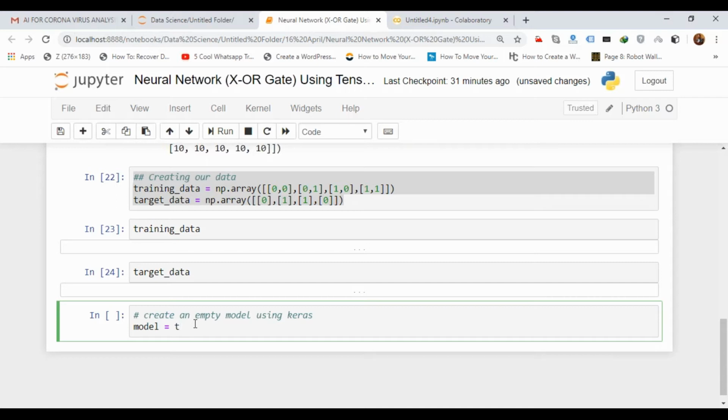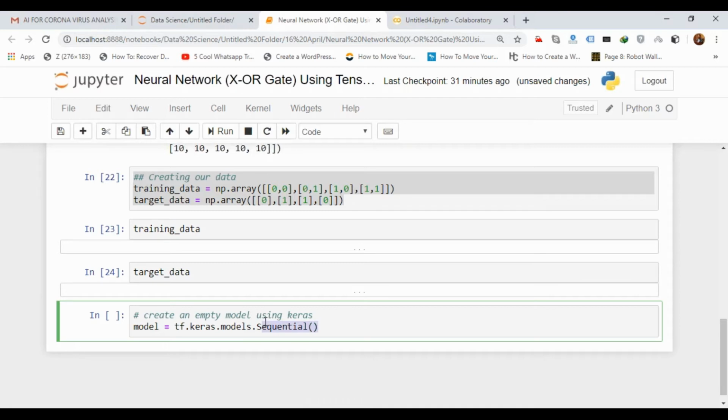That means the complete perceptron model that we have applied there will be consisting of an input layer, a hidden layer, and an output layer. So combinedly, all three will be called a model. Okay, so tf.keras.models.Sequential.